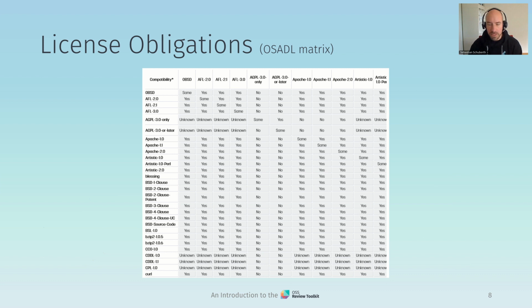Luckily, groups like OSADL have means at hand that ease this checking quite a bit, for example, with the OSADL license compliance matrix. In this matrix, you can look up incoming and outgoing licenses and figure out whether they are compatible or not, or whether it's maybe unknown whether they are compatible, or whether it depends on the context. But even with fancy tools like this matrix, some questions arise.